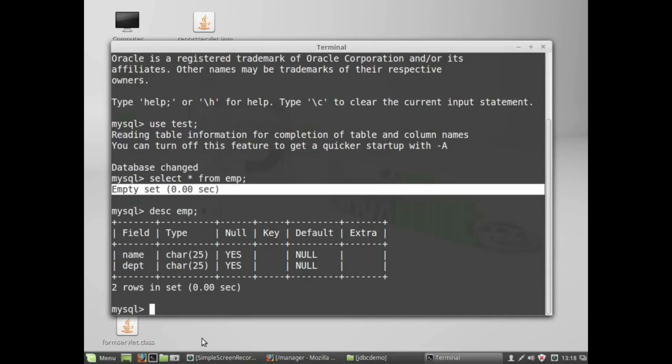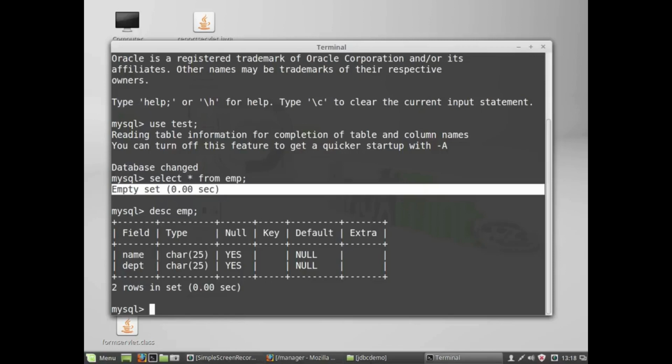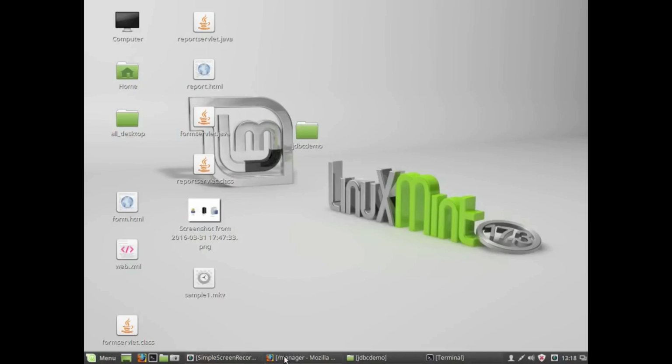Now we are going to insert some values in it, and we need to extract those details again back to the web page. Okay, right. After inserting, let's see here whether values have been successfully inserted or not, and then we'll execute a report.